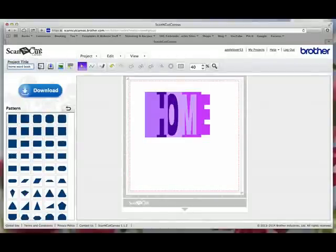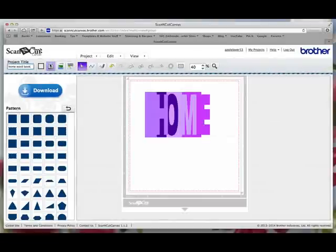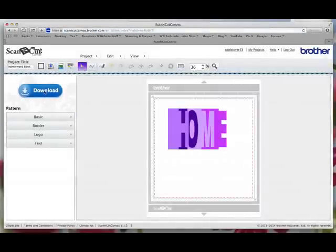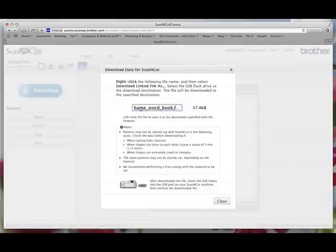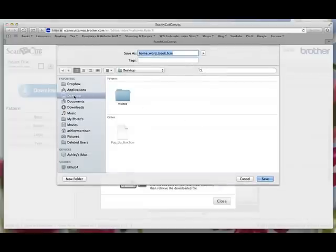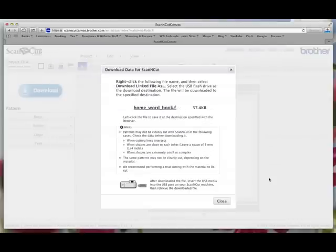I'll call it Home Word Book, add it into my projects, and then for anybody that's just coming across this as a new tutorial, if you've not looked at any of my others, wait for the software to tell me it's saved. Go over here, click on download. It's given it the name there that I've just given it with the FCM format. You right click on the actual words, download link file, choose your desktop so you know where it is, or if you've got a USB stick plugged into your machine, which I haven't at the moment, put it straight onto your USB stick, but wherever you put it, remember where you've put it so you know where to find it,